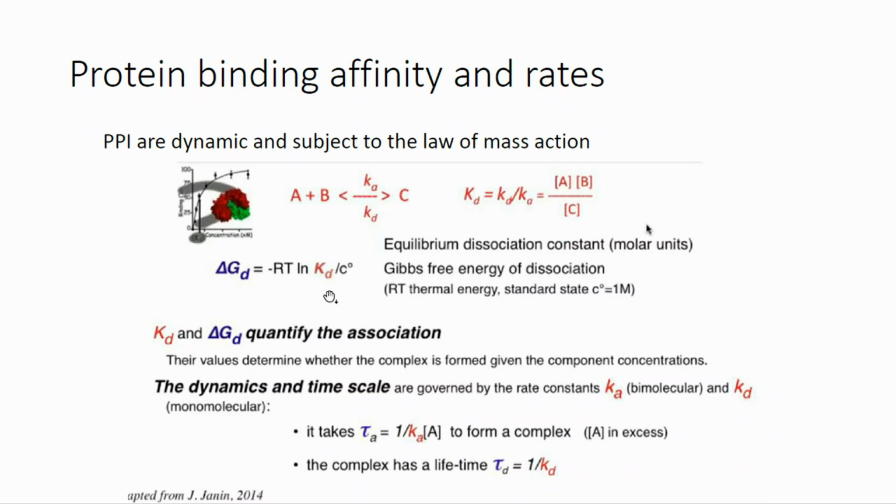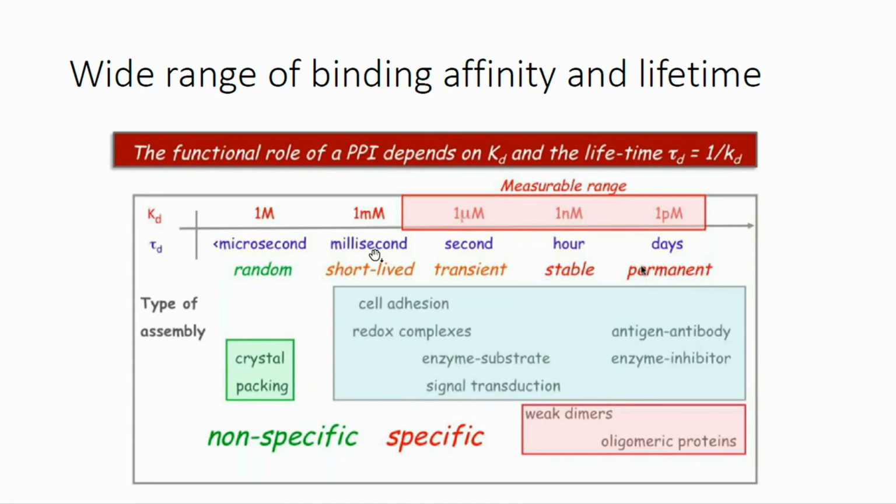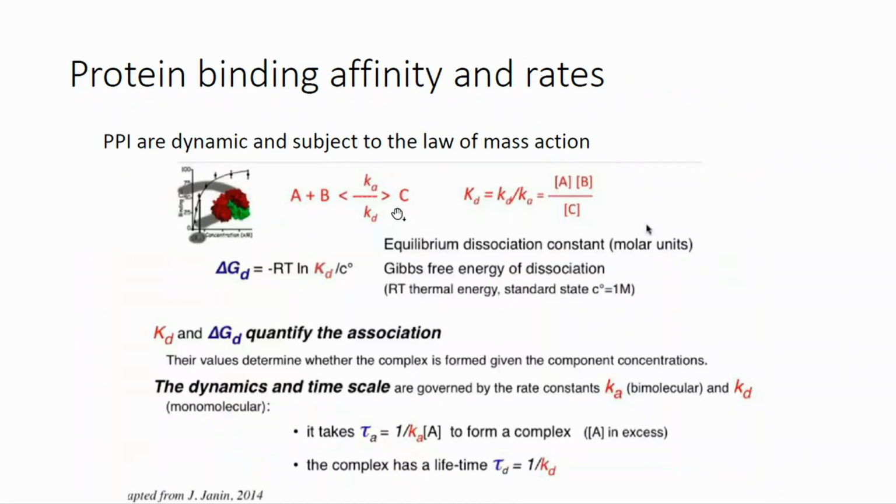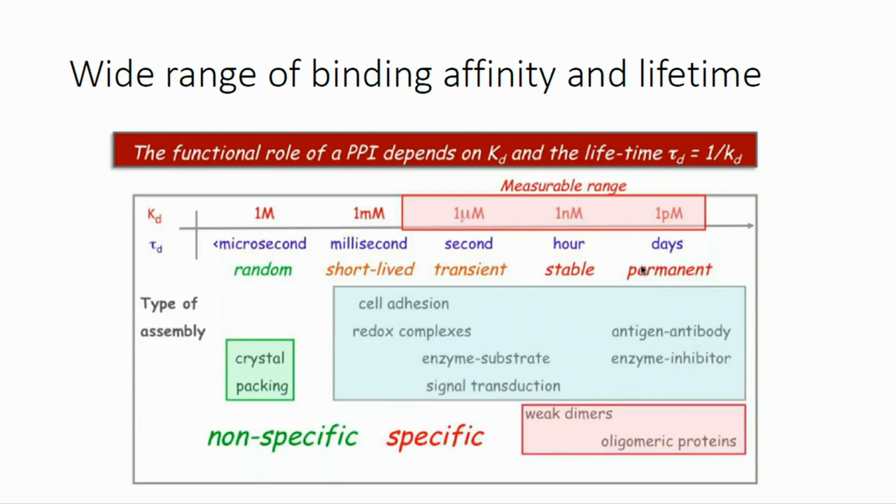So the whole binding interaction prediction is basically trying to use machine learning to model these entities, but with different levels of precision and different degrees of freedom. The binding affinity is a very general concept, but in the real world, the function of proteins inside the cell can be of very different types, but they mainly differ in terms of the strength of their binding and the lifetime of their binding.